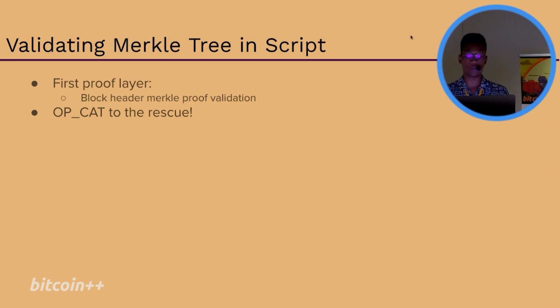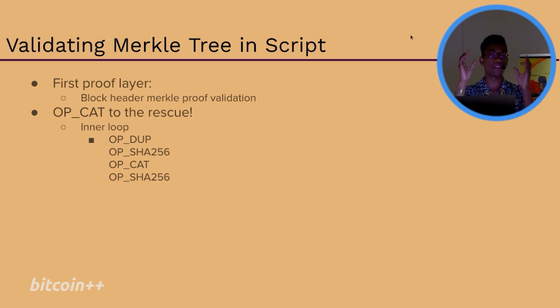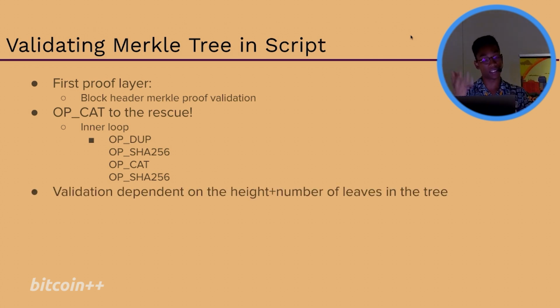And OP_CAT to the rescue in this instance, right? Because we can basically just use OP_CAT. Use something like OP_DUP, SHA-256, OP_CAT again to incrementally construct what this root is going to be itself, right? So obviously we need to add additional functionality, basically validate that the block header is actually valid. You need to do some PoW stuff, things like that. But the inner thing, being able to concatenate and hash two items, basically Merkle tree validation, we have that there.